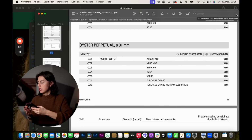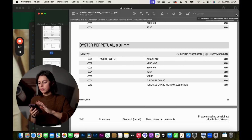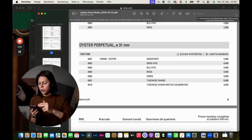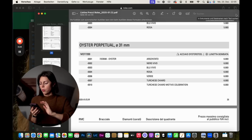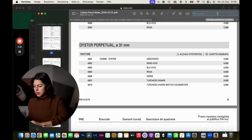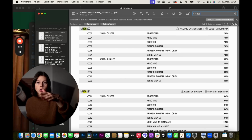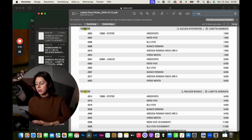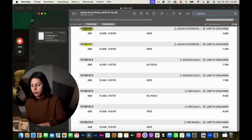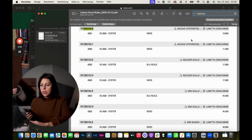I have some notes here on my phone because I wrote down the most popular models that we would like to go over, because I know for a fact that you want to hear them. So we should start out with the Submariner Date, obviously. Black dial Submariner Date, which is 126. I'm just going through the document and searching for the reference number: 126610 LN for Lunette Noire. And we have a price of